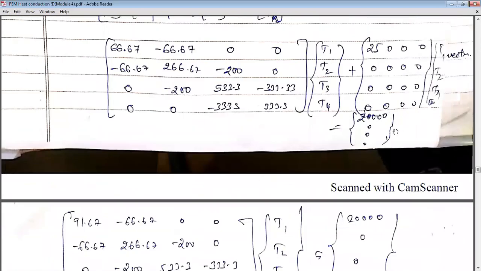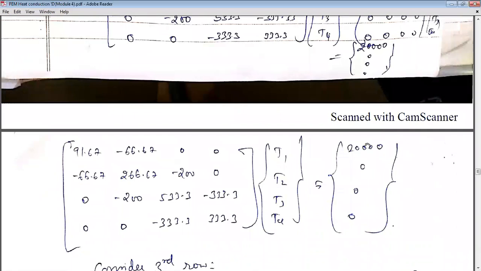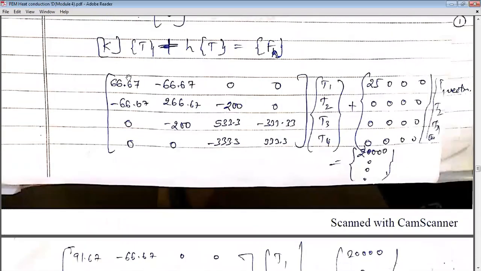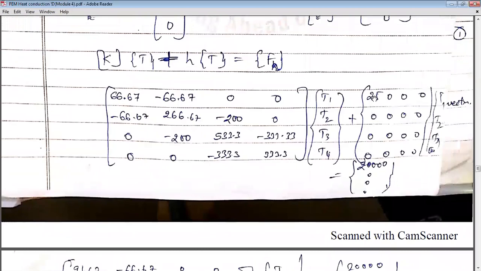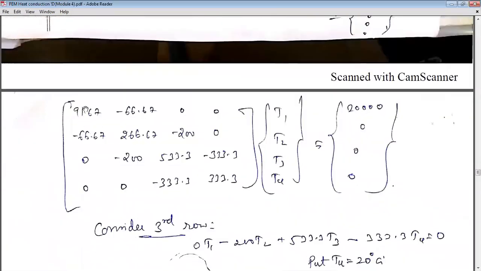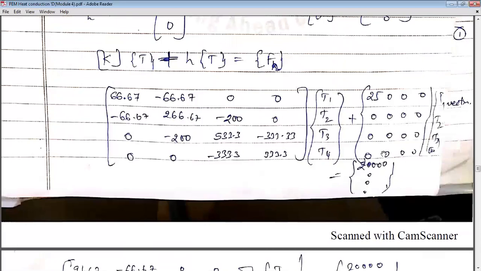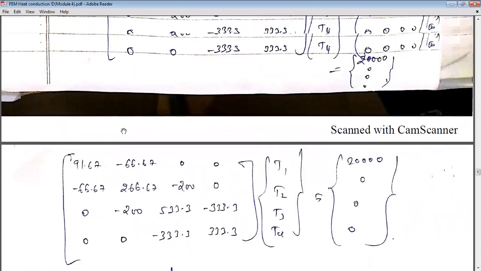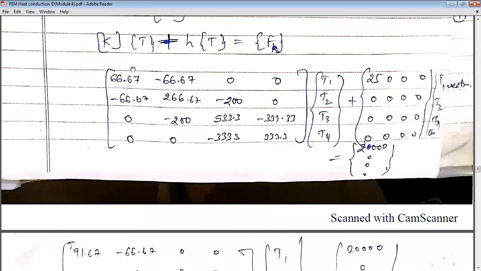Write 1 2 here also. Then 1 2 means we are at nodes 1 2; the remaining 3 4 you will not have any control over. So you add this: only this value 66.67 will add to 25. So you'll get 91.67. You can cross-check these values and solve with your own calculators to understand. Correspondingly you will get the values. The technique remains the same. So 66.67 plus 25, we add it here as a common term. Here it is simply 1 2 3 4, 1 2 3 4, so this term and this term get simple matrix addition, corresponding term by term.